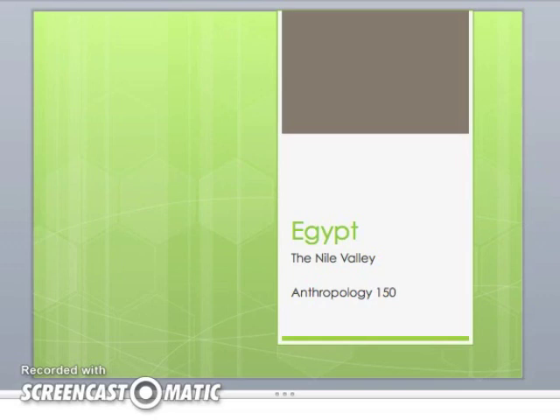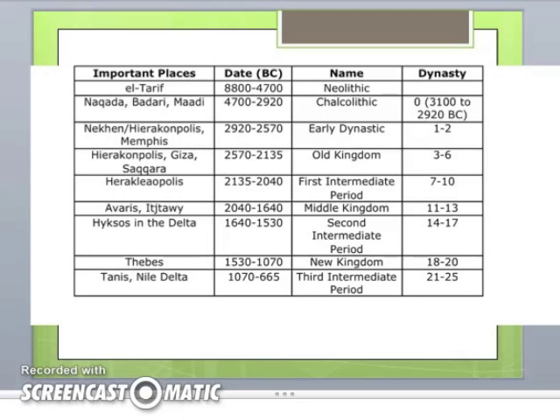So in this lecture, we're going to think about pre-dynastic Egypt and then the Old Kingdom. And these are sort of two periods of time that follow one another. Dynasty is a type of chronological label that implies a family rule. So in Egypt, we have evidence of humans from about 8800 until the present time. And early inhabitants of Egypt were hunter-gatherers or foragers, just like in pretty much everywhere else in the world.